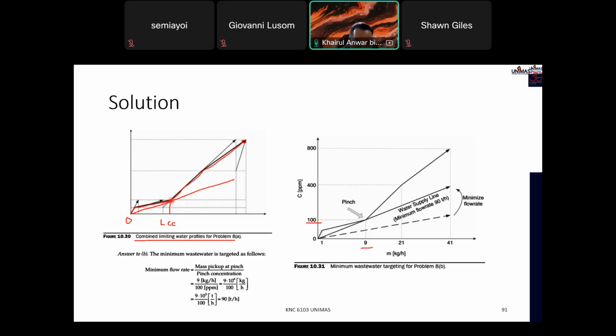So this red line is the combined limiting water profile. From here you draw the minimum water supply line with the minimum heat time. So this water supply line,